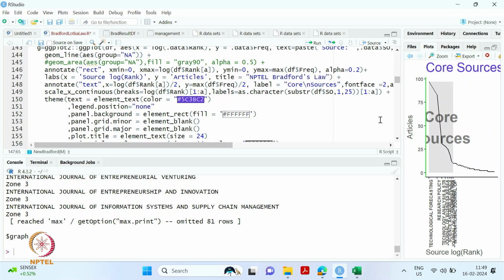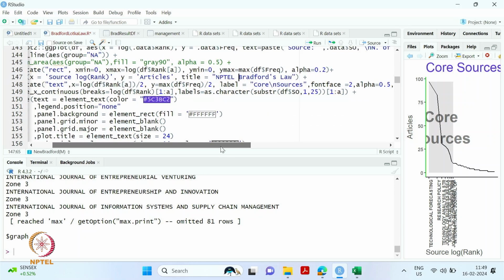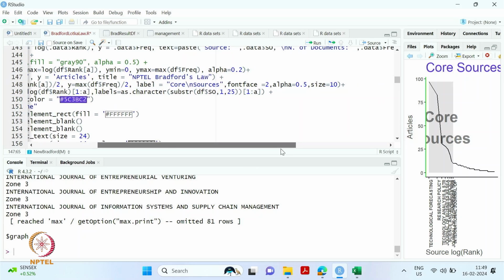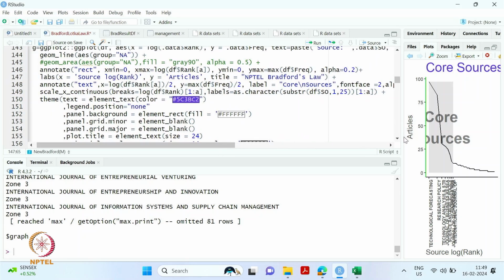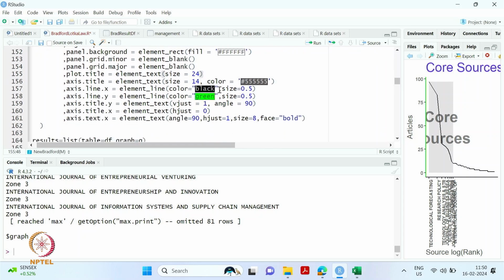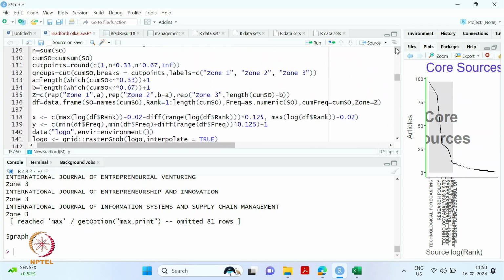Then what we want to change is more colors. This is white, and let's see if there are any other colors. Instead of this black, maybe we will use a cyan color. And now if I run this,